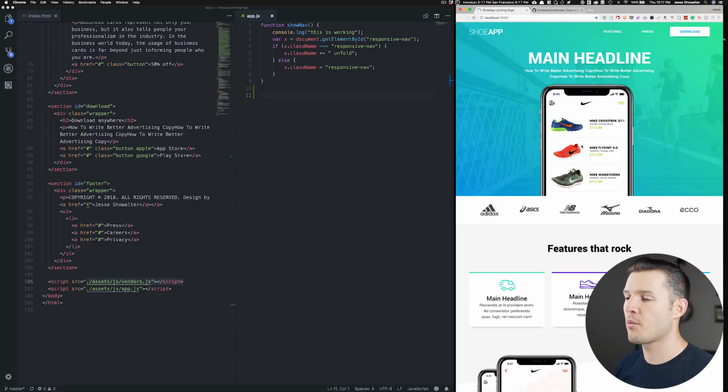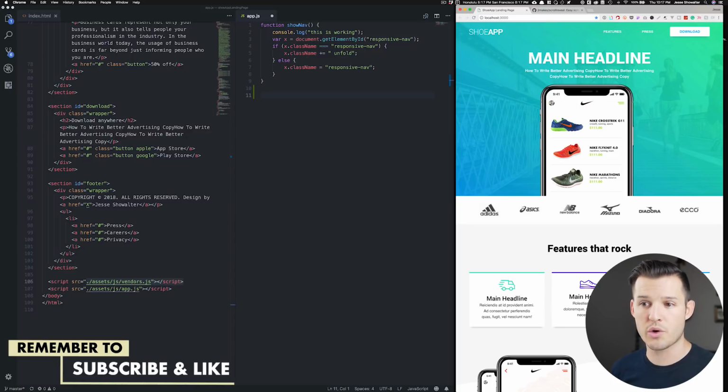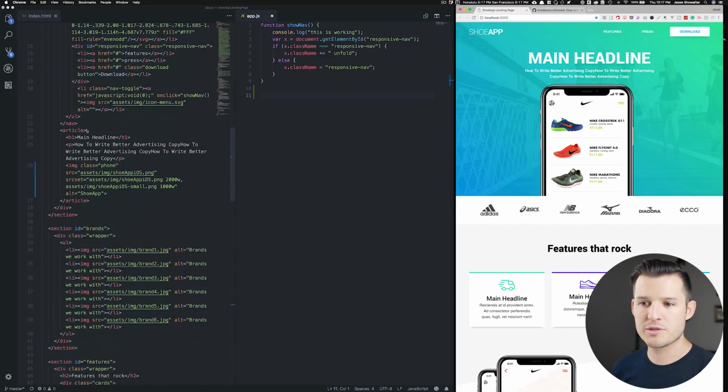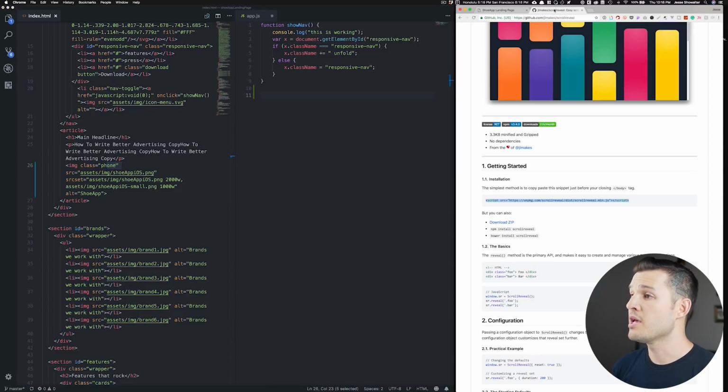Well, I'm imagining that when the page loads, this big phone right here is actually going to animate. So I'm gonna go up and just make sure I have that in view in my HTML. And that is, there's my main headline, there's my sub headline, and here's my image with the class of phone. Okay, cool. So let's read the documentation and see if it speaks to us and tells us how to actually get this